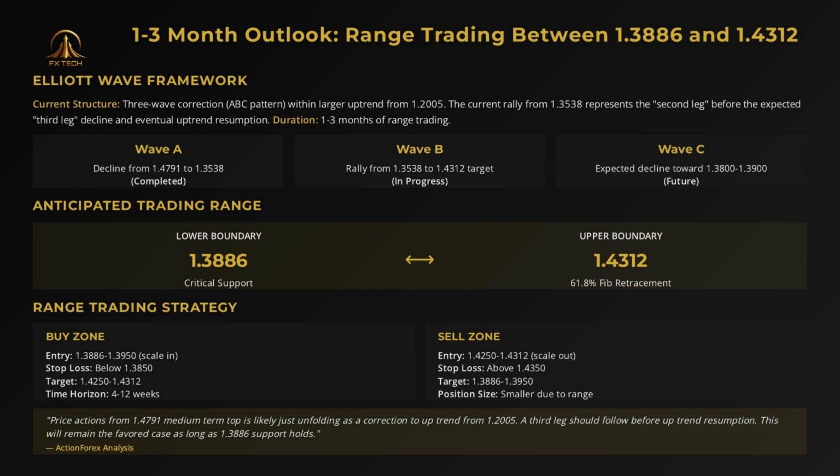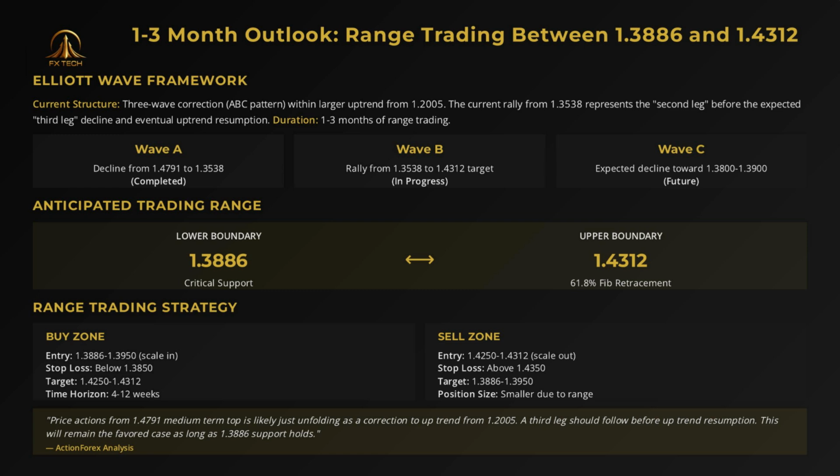within the larger uptrend from 1.2005. Wave A saw a decline from 1.4791 to 1.3538, and Wave B is the current rally that should reach 1.4312, the 61.8% Fibonacci retracement. After completing Wave B, Wave C should see another decline toward the 1.3800 to 1.3900 area before the primary uptrend